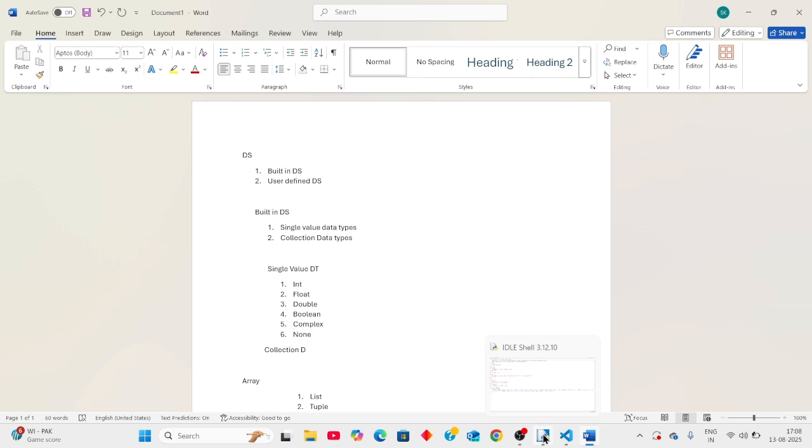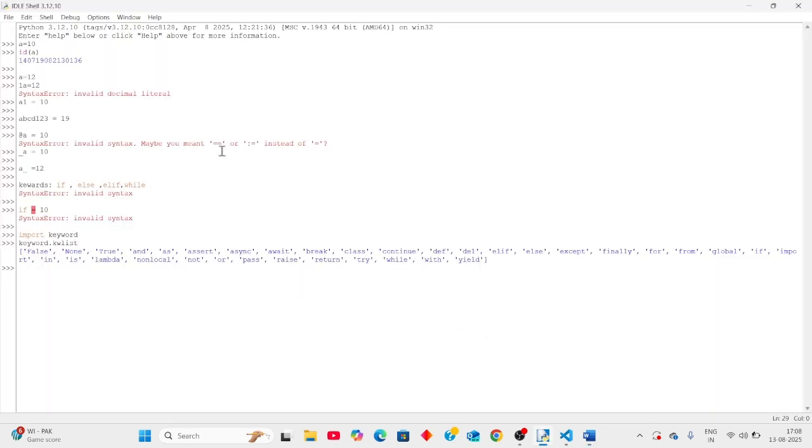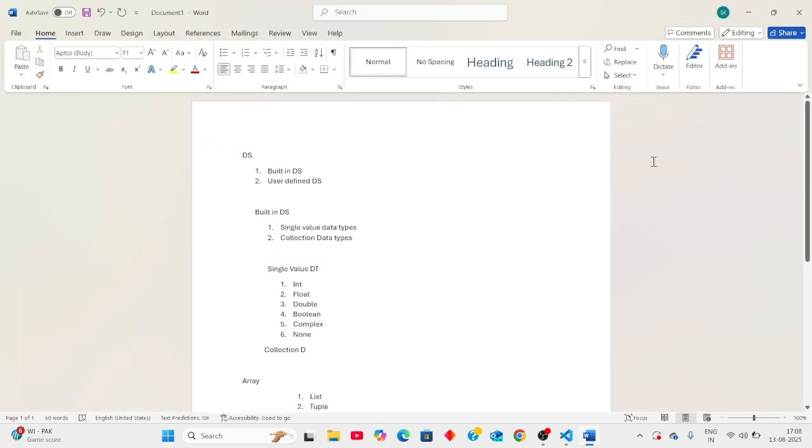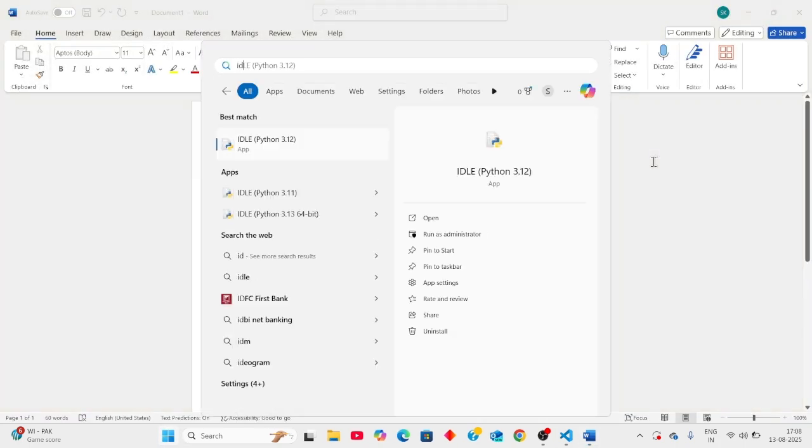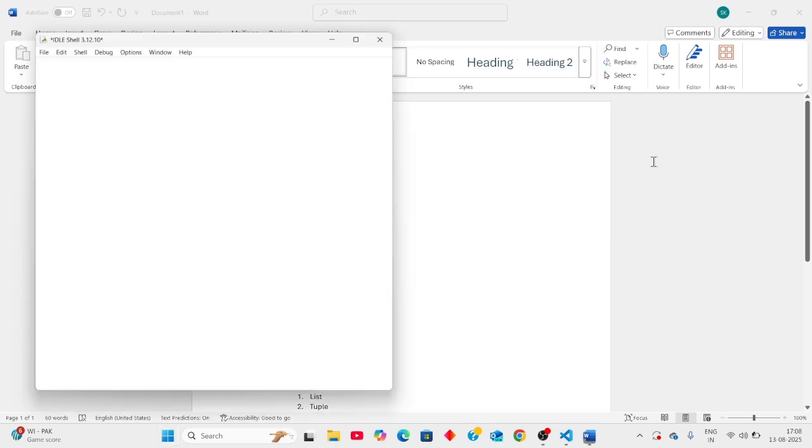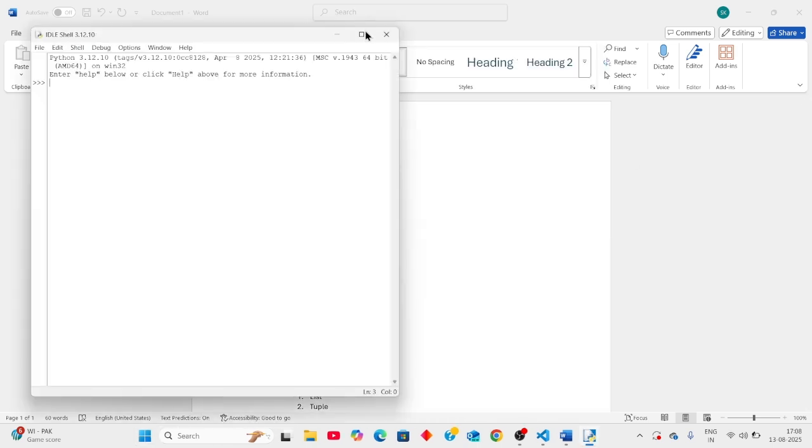Okay, so we move to the concept of memory allocation. Do you think memory allocation works like this?